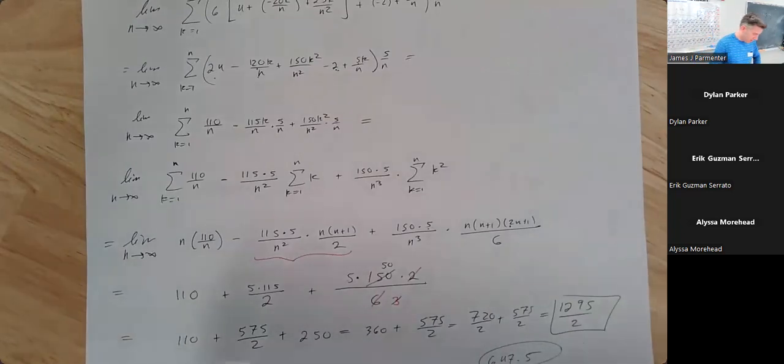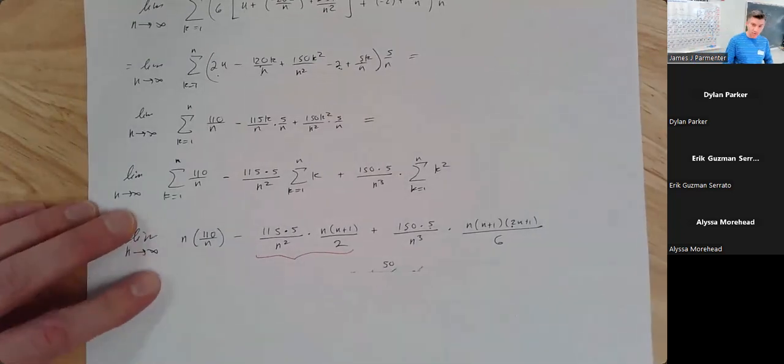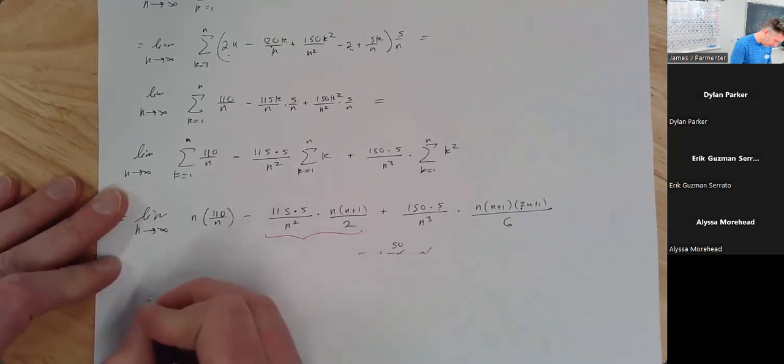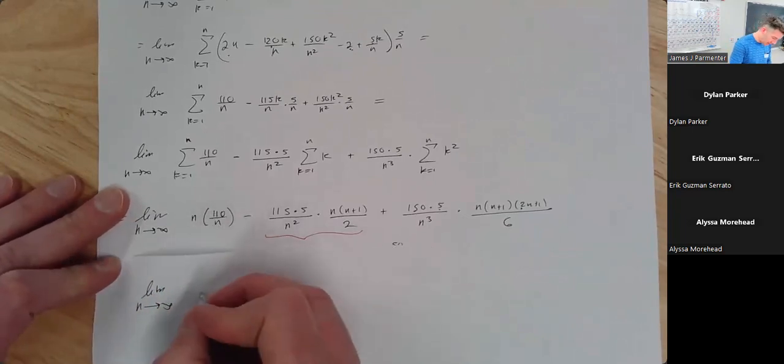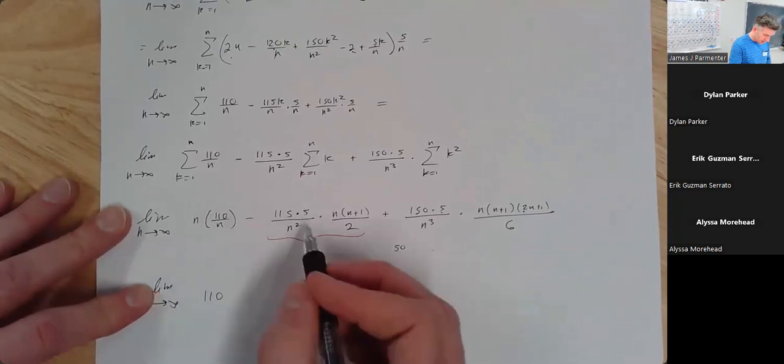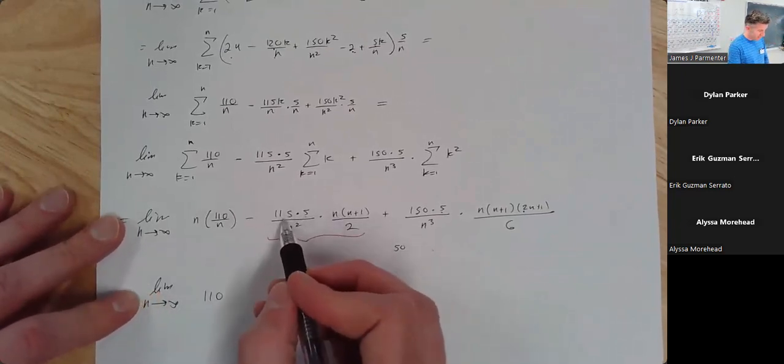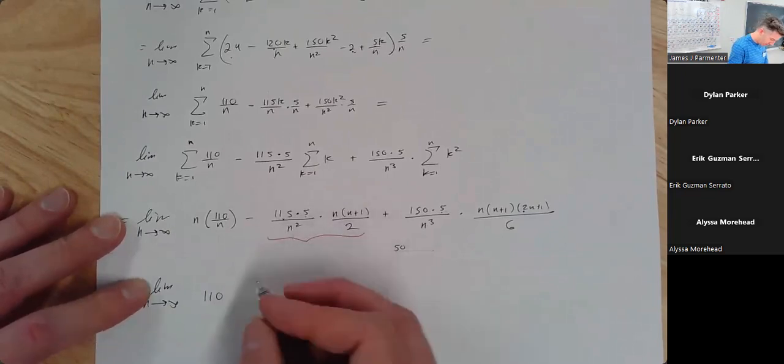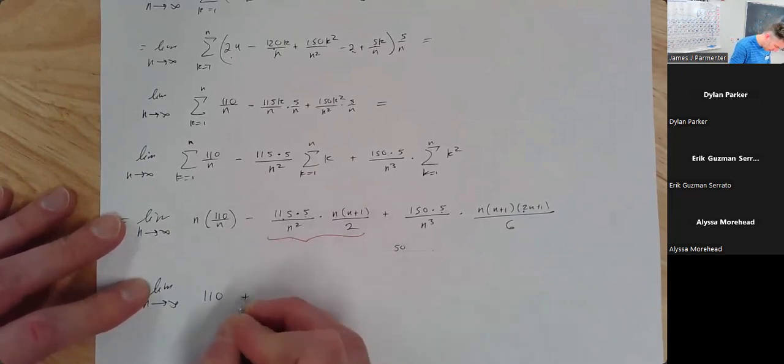If I can write this in here, right? I actually kind of did the multiplying out. So I've really got the limit as n goes to infinity, n times 110 over n is just 110. Those do just cancel. But here what I've really got, 5 times 115 is 575. And we've got, sorry, minus, apologies,